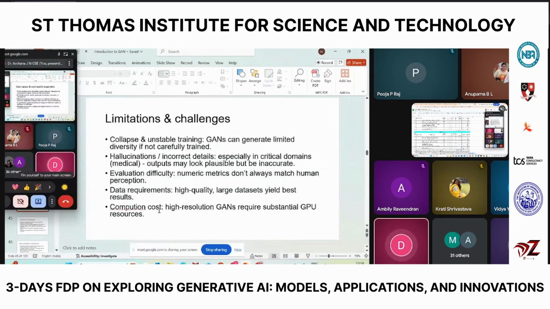So this can be applied. Now limitations: collapse and unstable training. GANs can generate limited diversity if not carefully trained. It can have different issues. So the training that is given at the generator end, if it's not properly aligned, it may give different data, right? Then hallucinations, incorrect details, especially in critical domains, that is in medical imaging, outputs may look